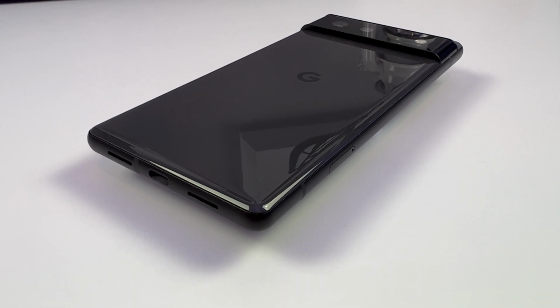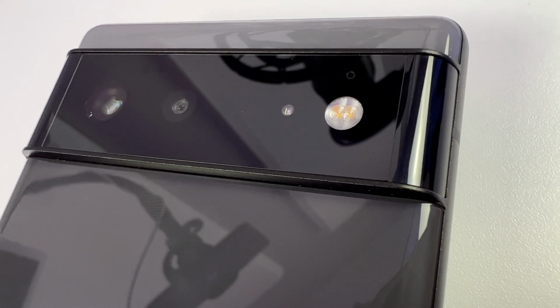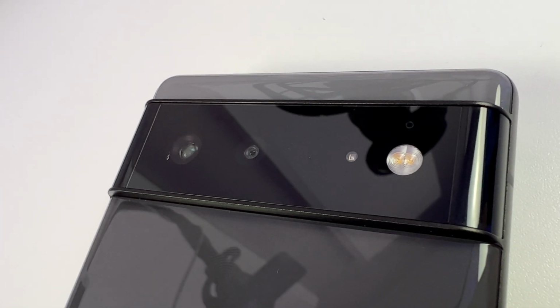adaptive battery is a thing. If you're unfamiliar with adaptive battery, or you've heard of it but you're not overly sure what it is, it means that the phone is going to learn how you are using it over the course of, let's say, a week. And then it's going to start shutting off services and systems and processes and all this junk that you're not actually going to be using, therefore making the phone more energy efficient. Samsung's recently implemented that, I think, with the S20 lineup, but Pixels have had it for a long time,